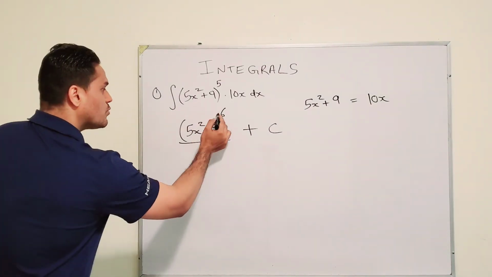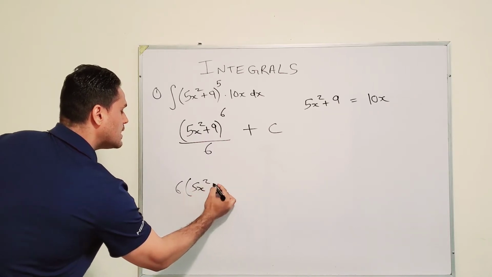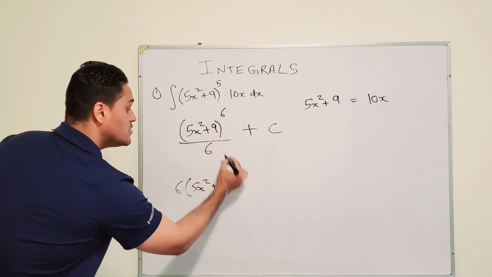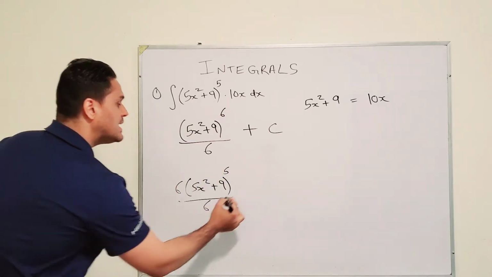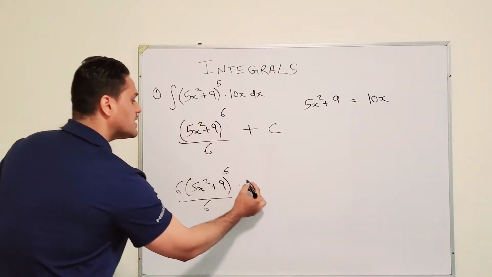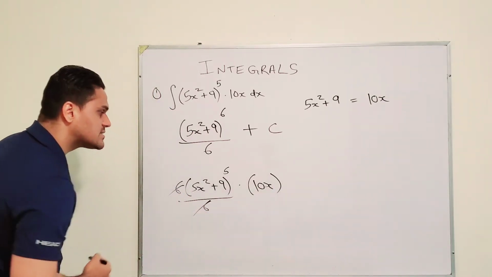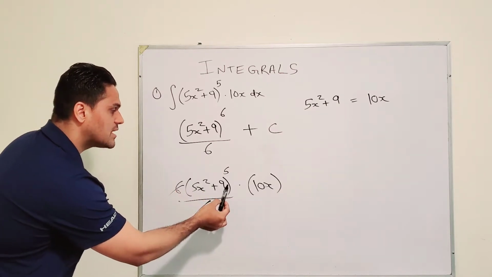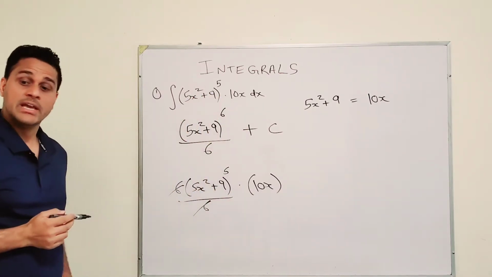To get the derivative, we're going to multiply 6 with this, and then we're going to reduce the power by 1, so it becomes 5, we have a 6 at the bottom, times the derivative of the inside, which is going to give me 10x. So guys, look, the 6 is going to cancel, and we got (5x² + 9)^5 times 10x, which is what we had here. So just remember,